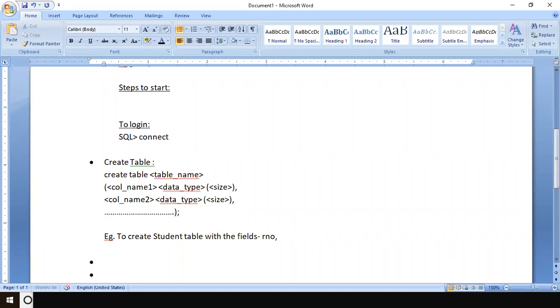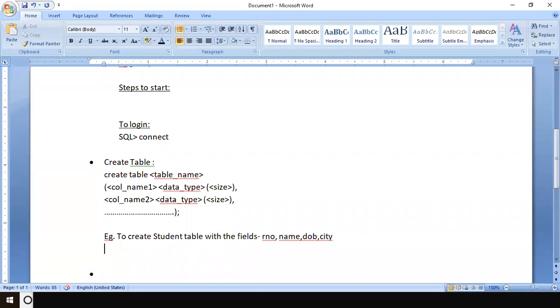Remember, the field names cannot have spaces, and neither can they have special characters. Only underscore is allowed. So these are the fields I'm going to consider for this example.